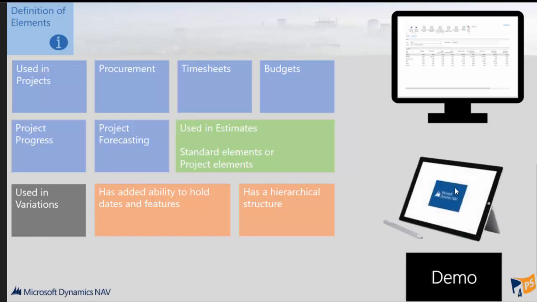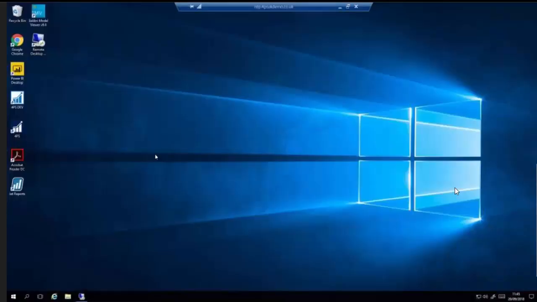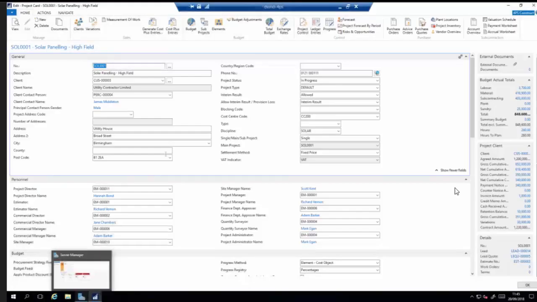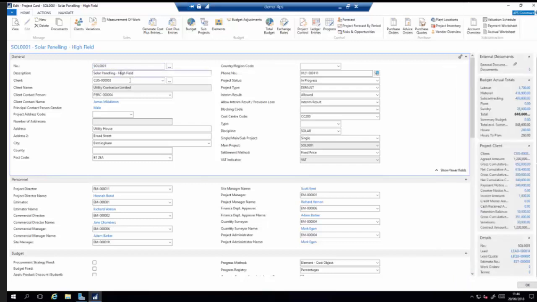So the first bit of demo is just to give you a feel for the elements within a project, and then we'll go into some of the other details as we go through. I'm going to do this a lot today, flip between my remote desktop, and where I've landed here is within a particular project. If you look in the top left, I've got my solar paneling project for a particular customer within 4PS. This is a standard project card with all the fields available. Now, if I click on elements,